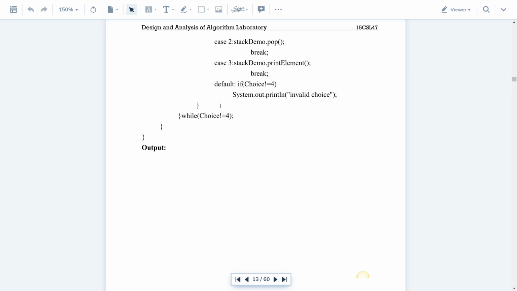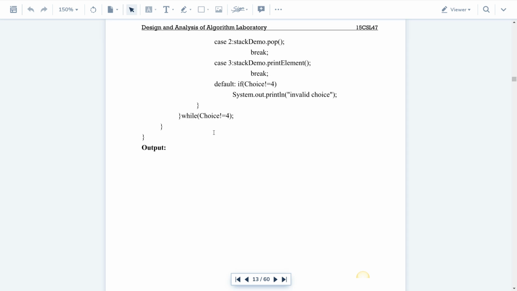If it is false, it will come out of the loop. So your choice should be 4 only; if it is 5, it will come out of the loop. It keeps checking the condition at this stage. If true, the block gets executed, otherwise it comes out of the loop. So that is all about the second program.